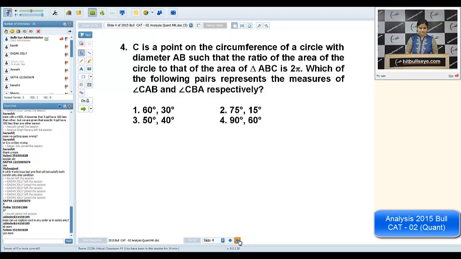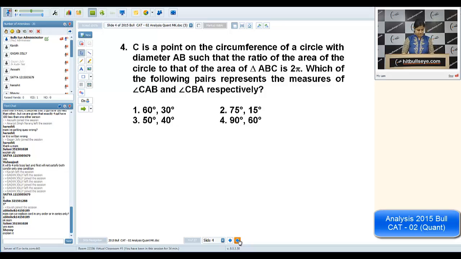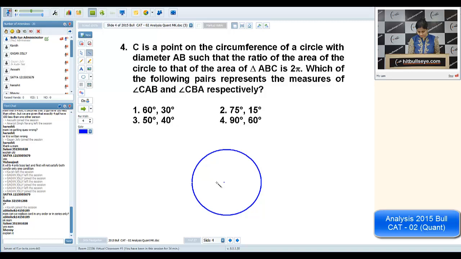Yes, any problem in this question? Question number 4. Okay, Bhavya. C is a point on the circumference of a circle with diameter AB. Now it is given that C is a point on the circumference of a circle with diameter AB. Let this be the diameter and this be the center, such that the ratio of the area of the circle to that of the area of triangle ABC. C is any point in such a way